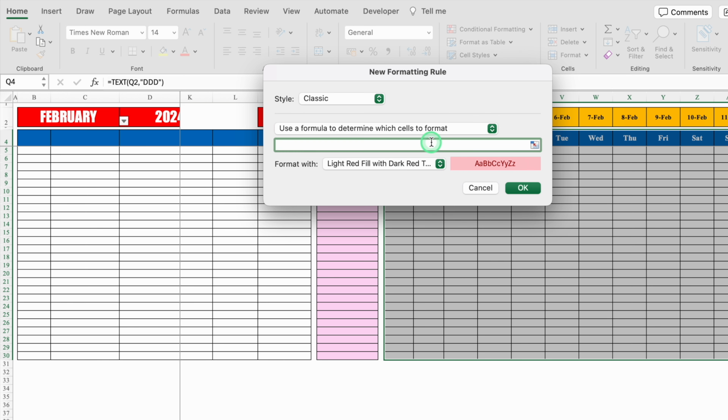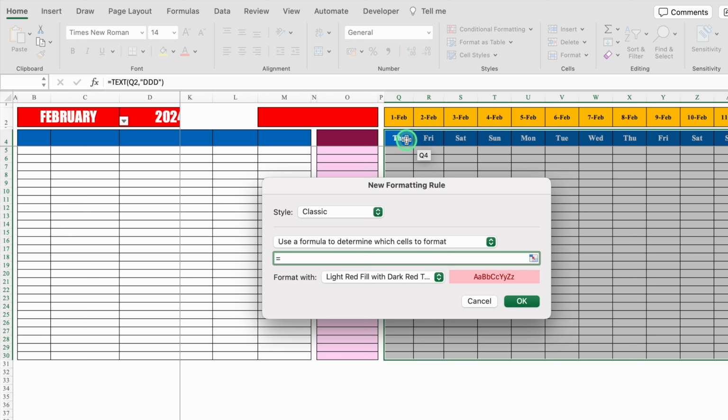And our formula will be plus or equal to, we'll take this down, we'll click on very first day, we'll remove first dollar from here, is equal to double inverted comma SAT, means Saturday, double inverted comma close, I'll take this in bracket, plus bracket open, we'll click on first day once again, we'll remove the first dollar from here, is equal to double inverted comma SUN, means Sunday, double inverted comma close, bracket close, we'll take this up, we'll